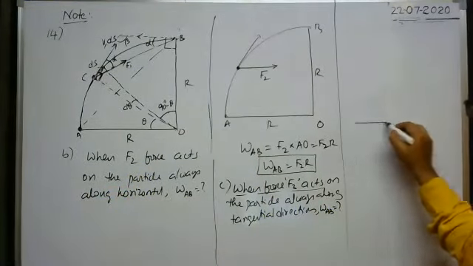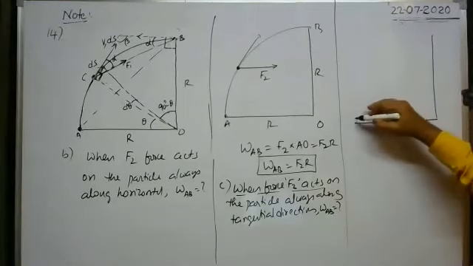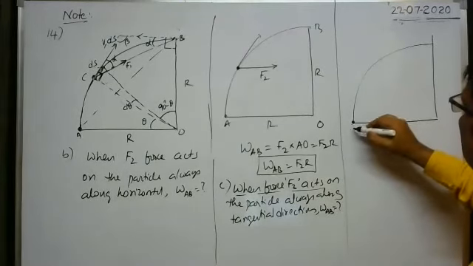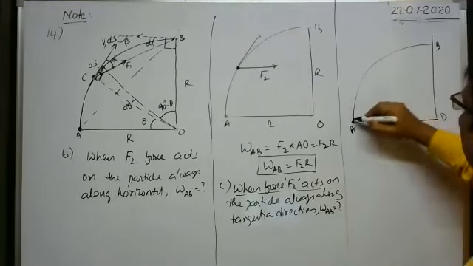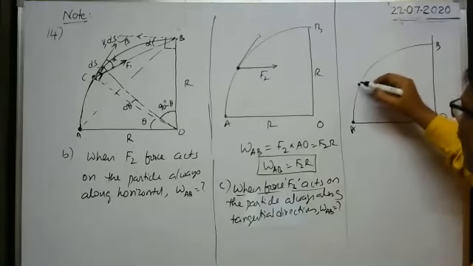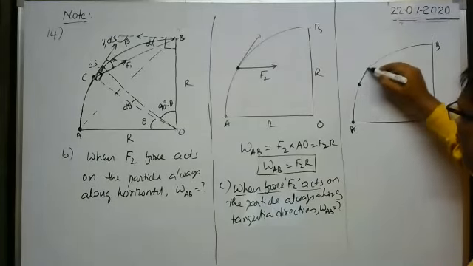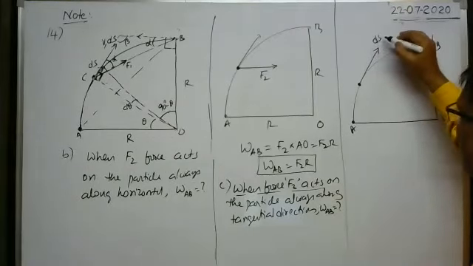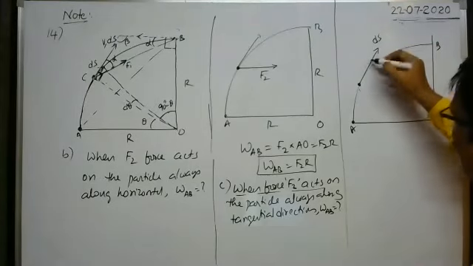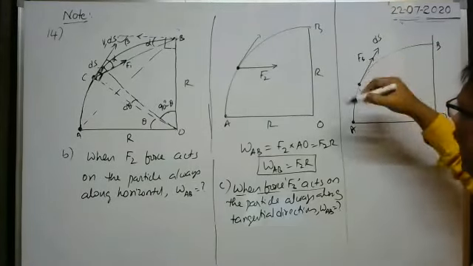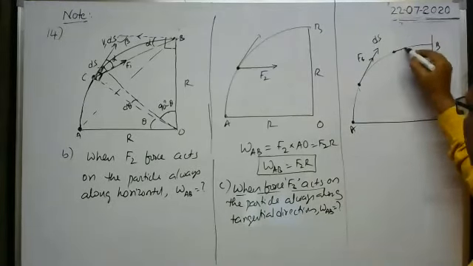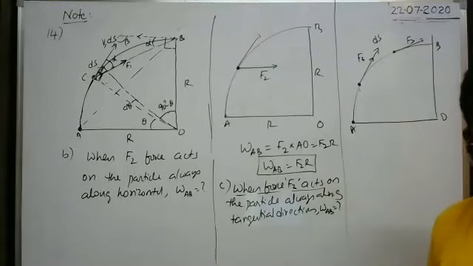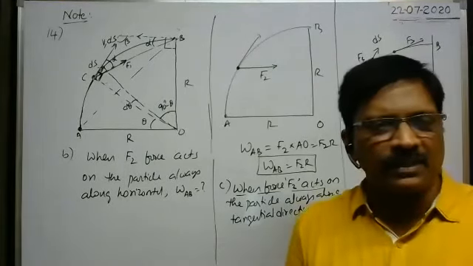So here also we have to draw the diagram first. Okay, so here you see, whenever the particle is here at any instant of time, the direction of motion of the particle is in this direction. Velocity is in this direction, or displacement is in this direction, along the tangential direction only. The force F3 is also there always. Suppose when the particle is here, the tangential direction is this one, the force acting on the particle is also along the tangential direction only. That means the force acting on the particle is always along the tangential direction.